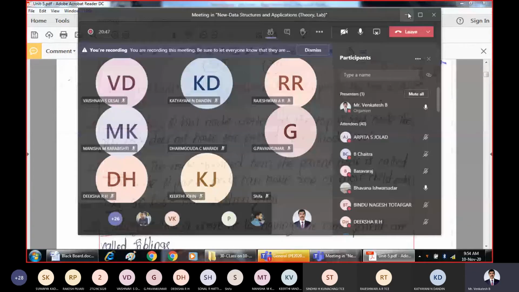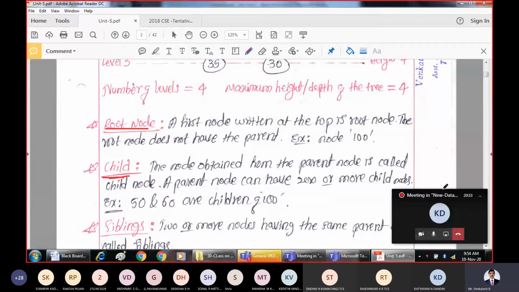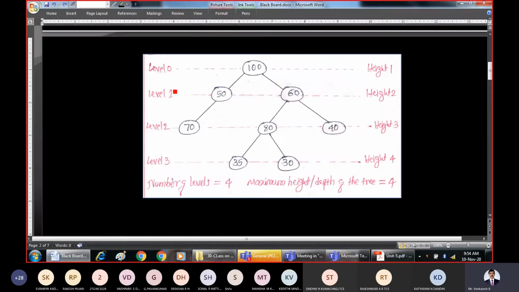Right? So a node obtained from the parent node is called a child node. A parent node can have 0 or more child nodes. So for example, what are the child nodes as per this? The child nodes as per this are,